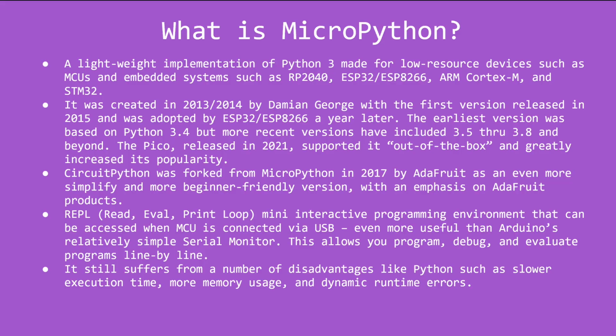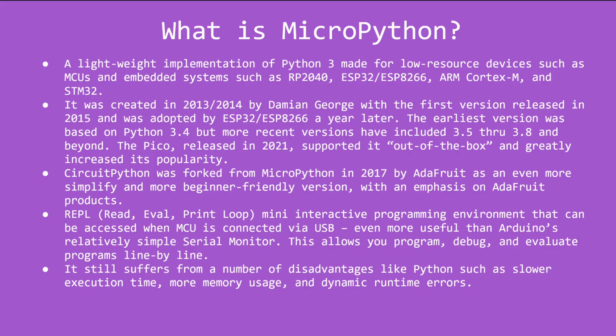It was created between 2013 and 2015 by Damien George. The first version was released in 2015, and it was adopted by the ESP32 and ESP8266 a year later. The earliest version was based on 3.4, but more recent versions have gone from 3.5 through 3.8 and beyond. The Pico that came out in 2021 supported it right out of the box, which greatly increased the popularity